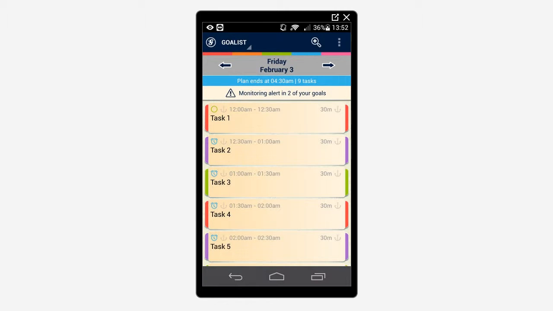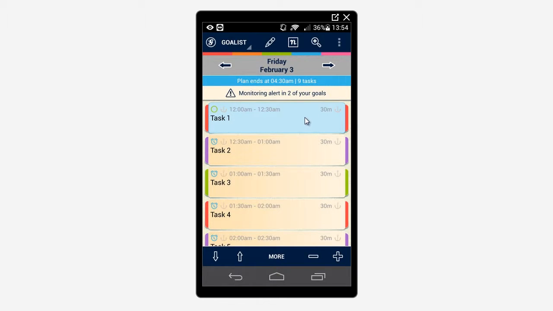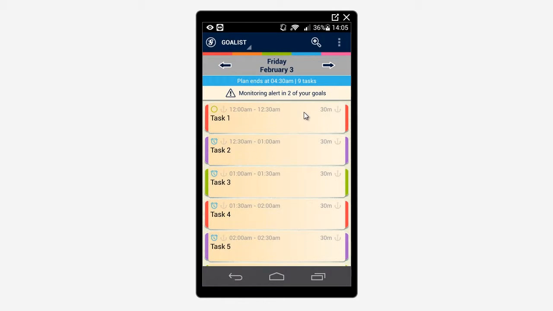The Select Multiple Task module lets you select and perform various operations on more than one task at a time. When you tap a task, you can see various buttons appear at the top and the bottom of the screen. We call them the top and the bottom toolbar respectively. Now when you long press a task, or in other words you touch and hold a task for 2 seconds,